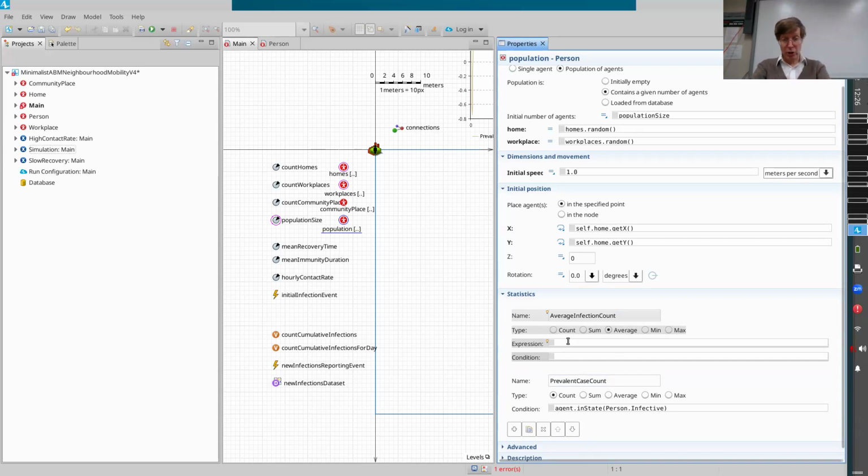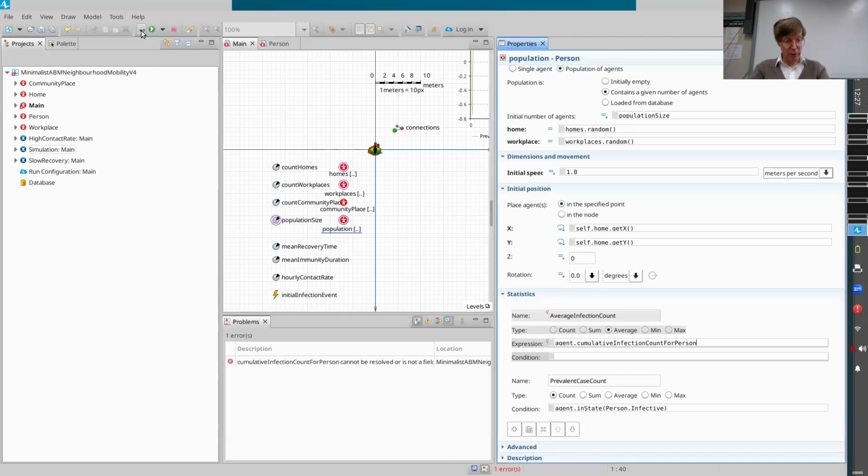We're going to take the average of what expression? Remember, we call it agent. Agent dot, and it's cumulative. And let's see if today the gods of autocomplete favor us. They do not. So I think this is called cumulative infection count for person. Is that right? Well, let's build. Let's use building to our friend. No, it's cumulative infection count